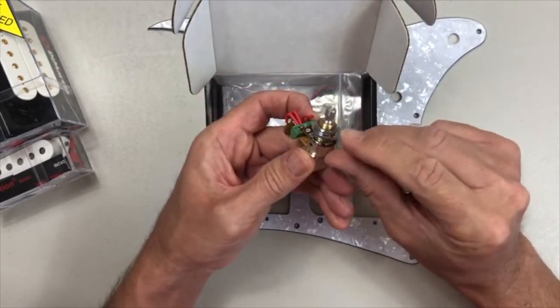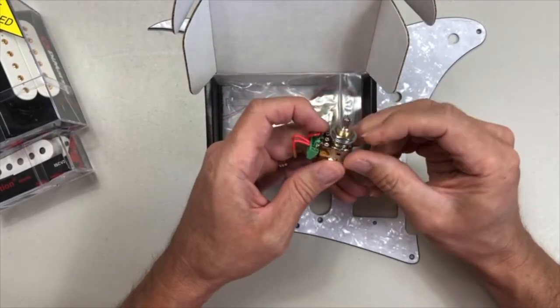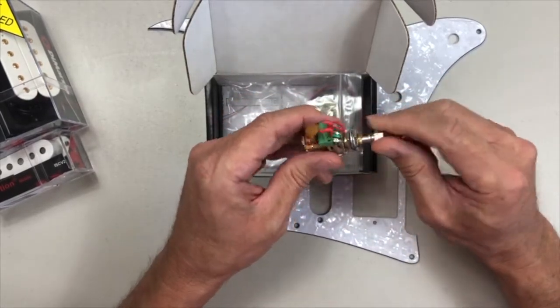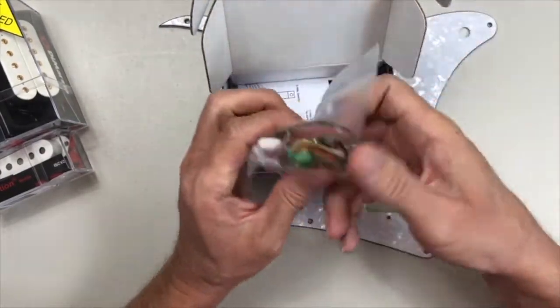This bushing is also 3/8 long. So with our push-pull pots, for pick guards, you want to go with the 3/8 long. Or if you have a carved top, it's thicker, you want to go with the 3/4 inch long bushing. And then we have our